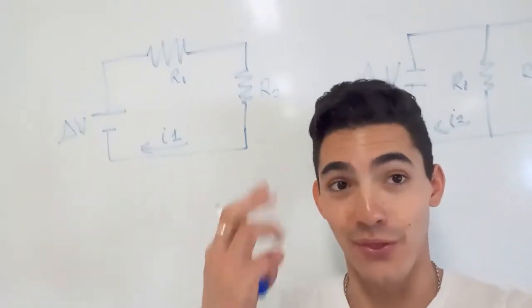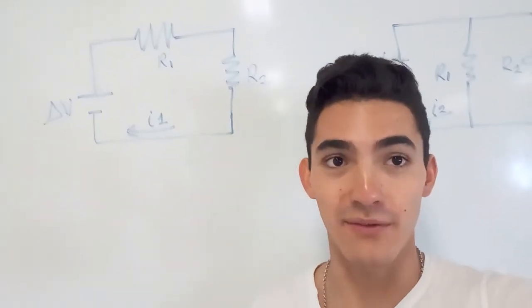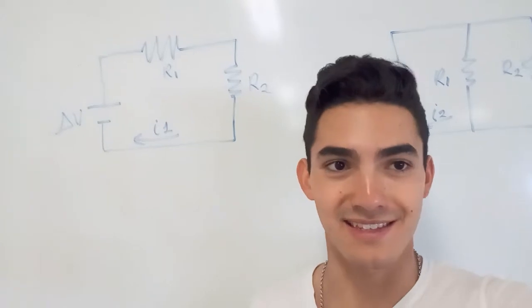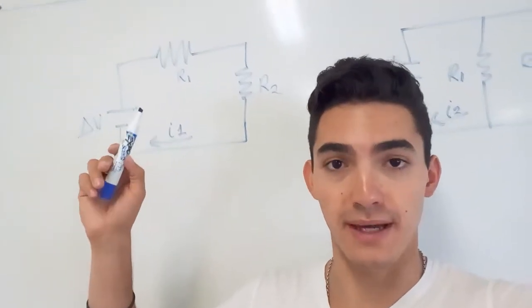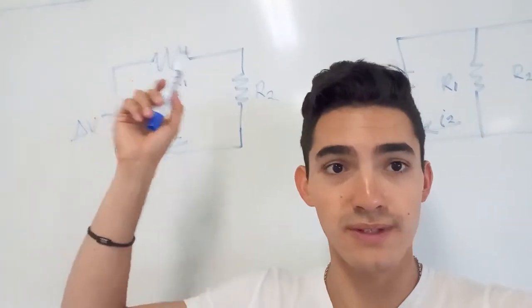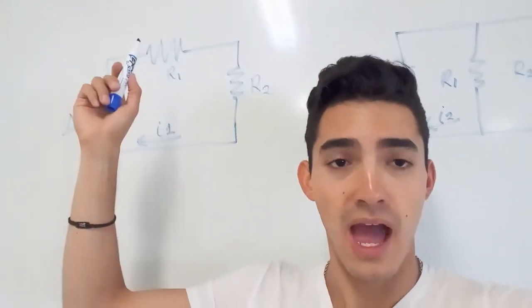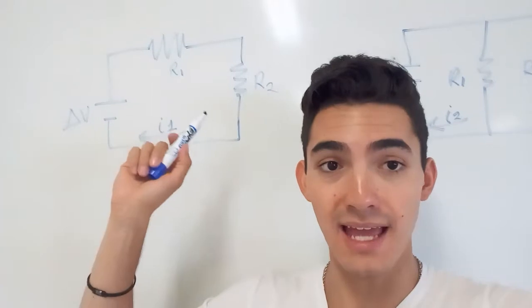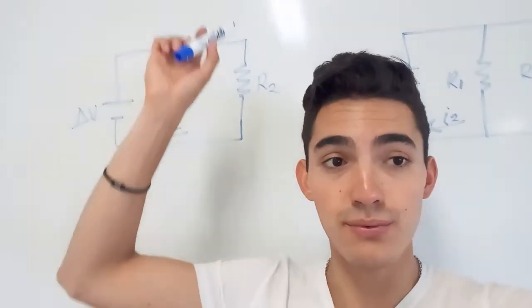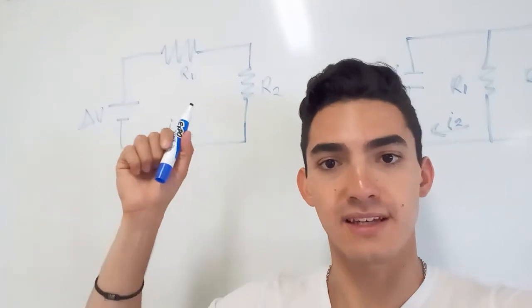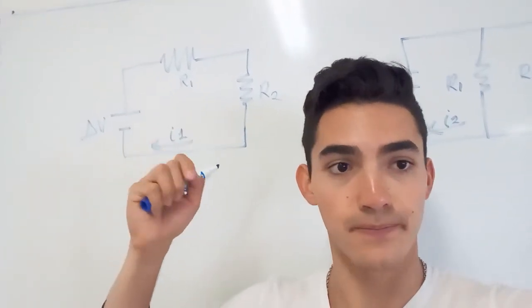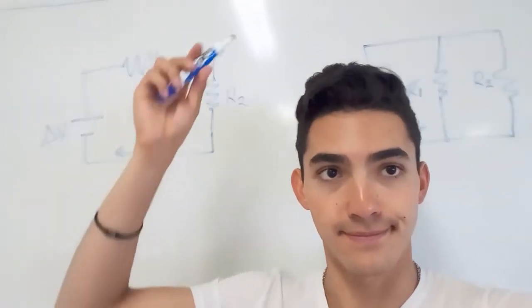I'm going to solve the third problem of the final exam of electricity and magnetism that says like this. When a 40-volt EMF device is placed across two resistors in series, a current of 10 amperes flows through each resistor. When the same EMF device is placed across the same two resistors in parallel,